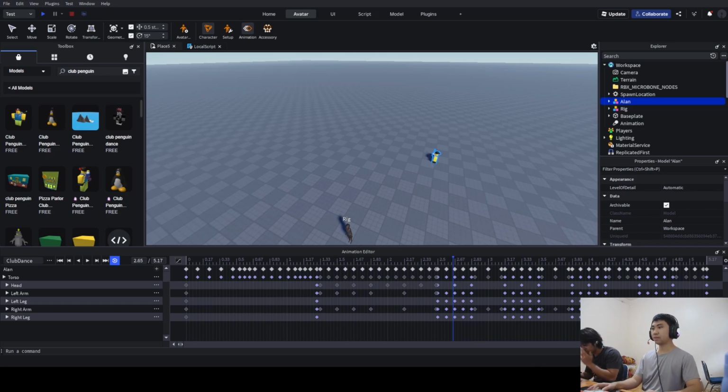Wait, I'm missing something. I'm going to go to the animation editor, hit the three dots, and create a new animation. So I'm going to call this dance one. So from what we see here,